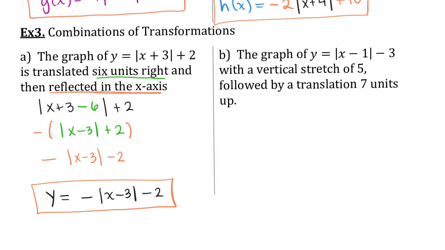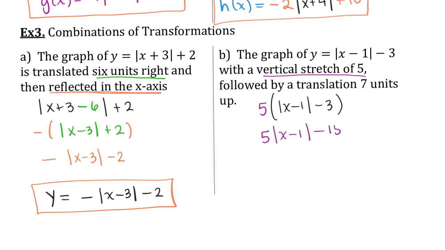Okay, let's try another one like that. Okay, the graph of y equals the absolute value of x minus 1, minus 3. This thing's already transformed, which means it's going to be a little bit of a mess. So first they want me to stretch it by 5. So let's multiply it by 5 times the absolute value of x minus 1, minus 3. What does that give me? That gives me 5